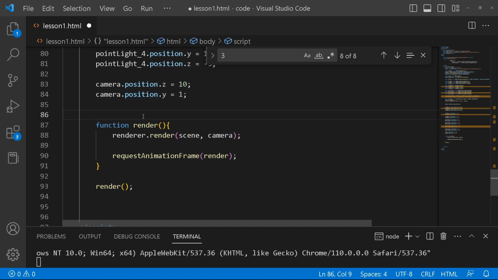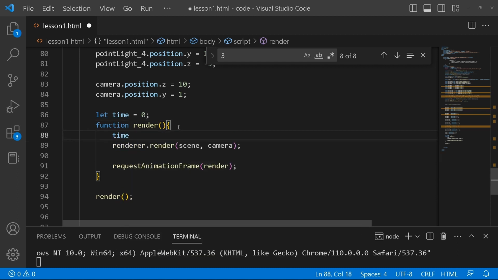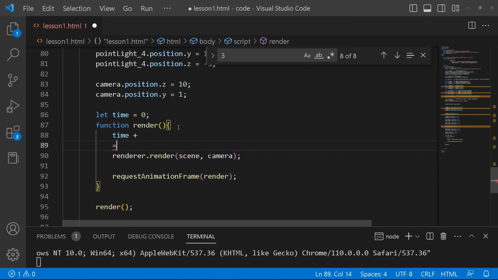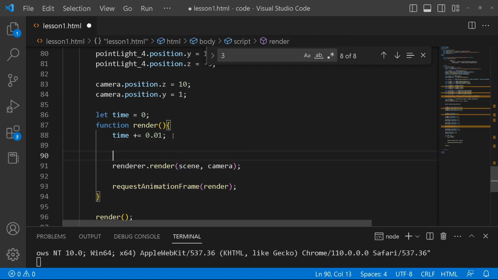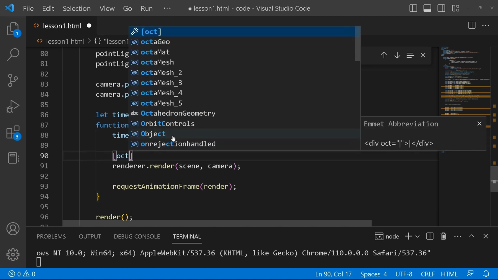Okay, so I've got my animation render, so I wanted to create a time variable here. Let's say equals 0. Then when we come here we'll say time plus equals 0.01. This is what we're going to be animating with, and then in here I will create an array, and then I will add the meshes. I'll say octamesh